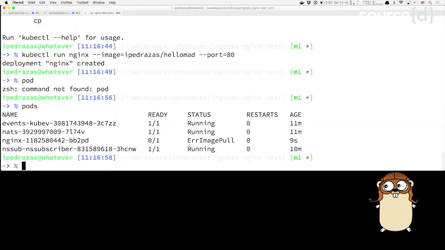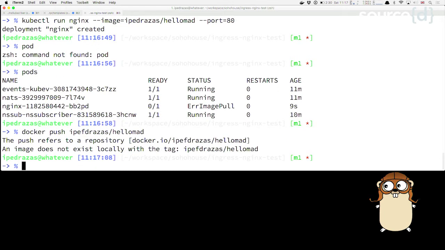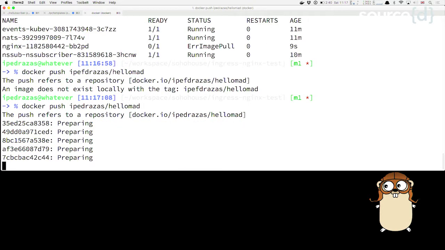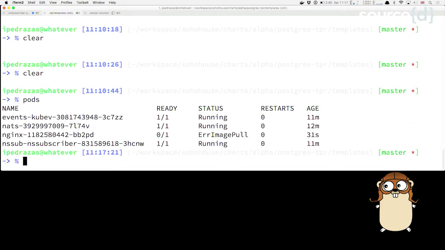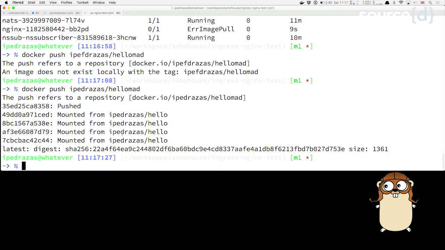And we have an error, because I forgot to push the image. Which helps me to show you another thing of Kubernetes. I deployed my application here, and it failed because it cannot pull the image. But at some point the image will arrive to the Docker Hub, and Kubernetes will pull it.